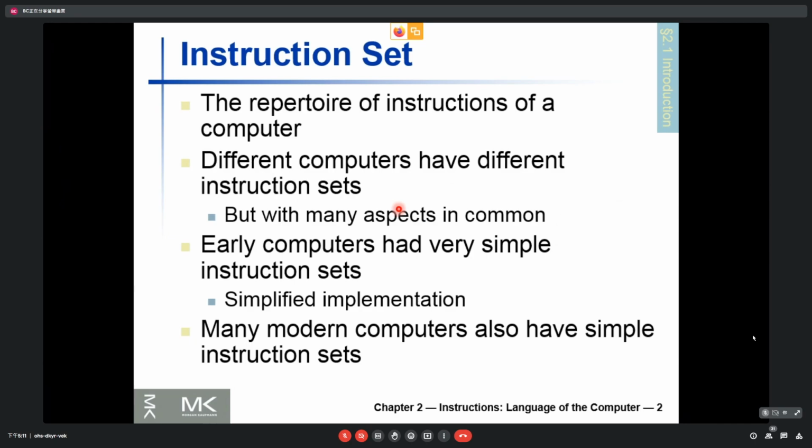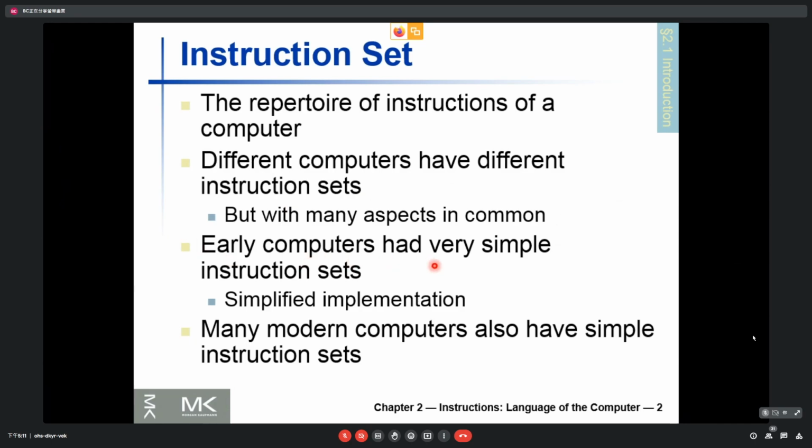So these are all instruction sets. SPARC, PowerPC, right? These are different instruction sets. They are used by different computers, but a lot of the aspects are in common. 很多地方是很像。